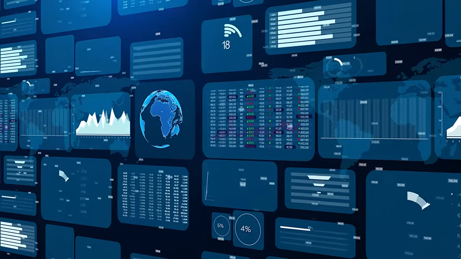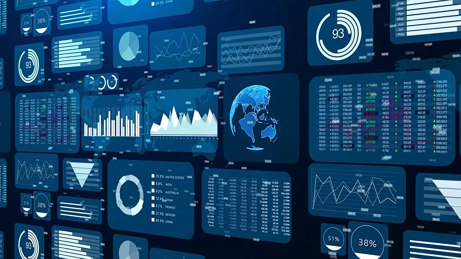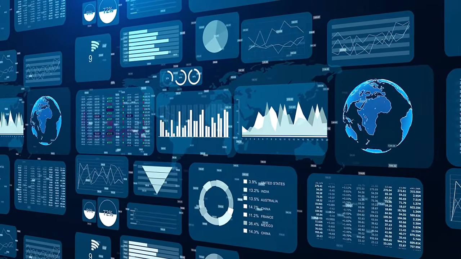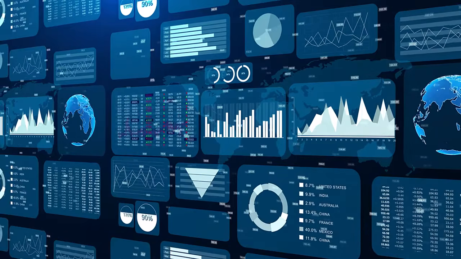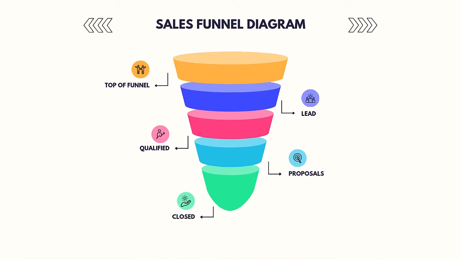The fourth method, sales funnel. Sales funnel forecasting is especially relevant for B2B, where revenue depends on a structured sales process. You're not guessing here. You're working with actual pipeline data, leads, stages, close rates, deal size, and velocity. The idea is simple. Break your funnel into stages, say lead, qualified, proposal, closed, and assign probabilities and average values